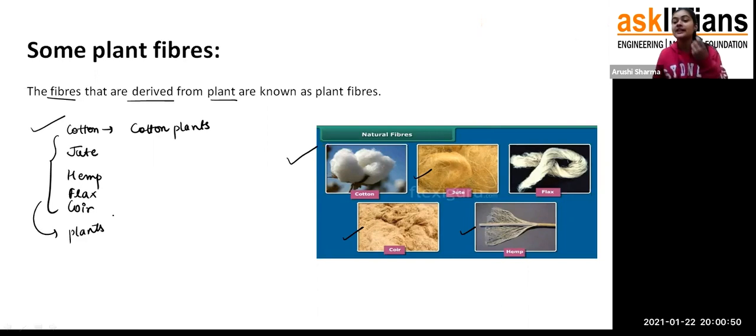For example, the curtain which we are using in our houses has a different texture compared to the clothes which we generally use. Exactly. Every fiber is used to make a kind of cloth, but that cloth depends upon the situation, like the cloth we are wearing or the cloth we are using for curtains or for bed sheets